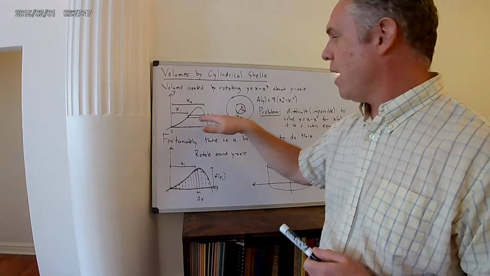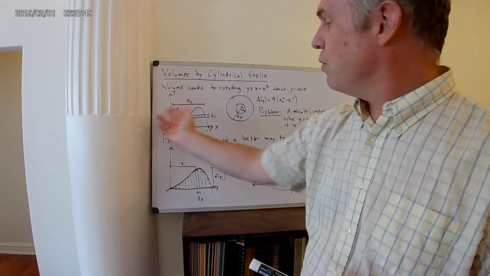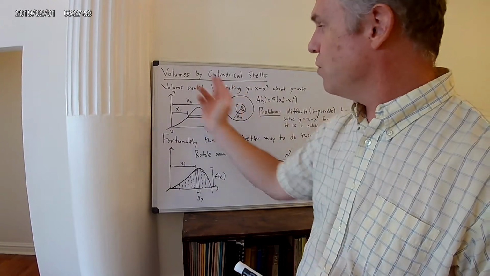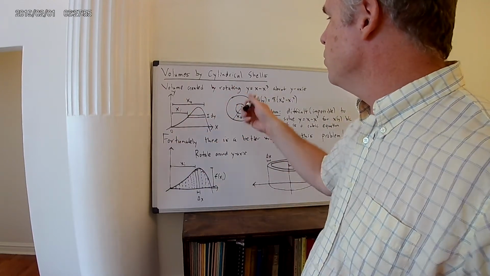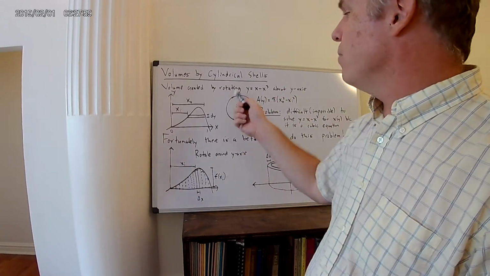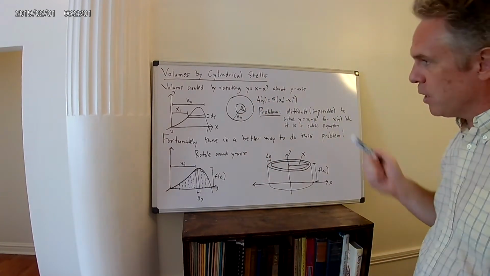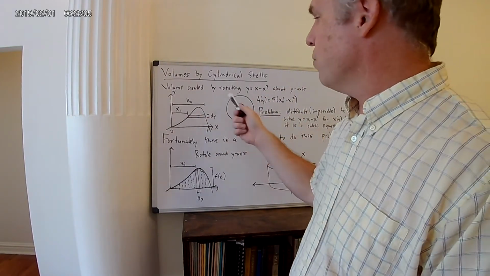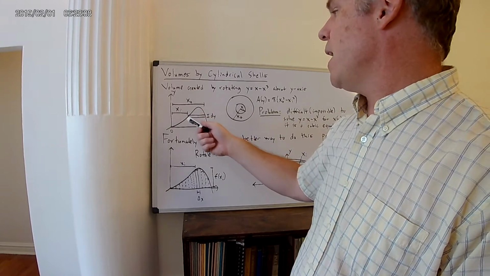It turns out if you rotate these slabs around the y-axis, you actually get a series of washers, right? A series of washers. So what we could do is calculate the volume of each washer and then add them all up. And we already talked about how to do this. This washer would have an inner radius x sub I and an outer radius